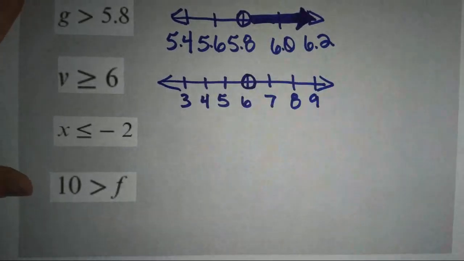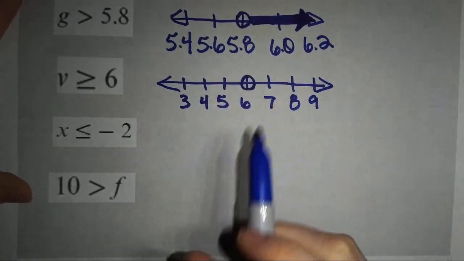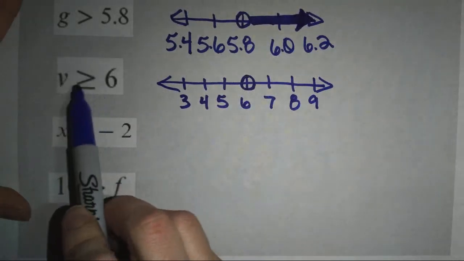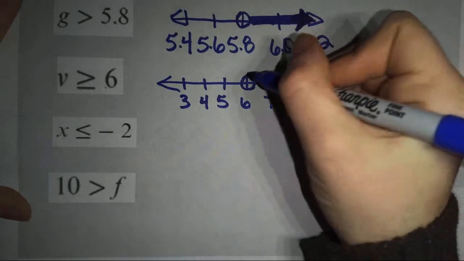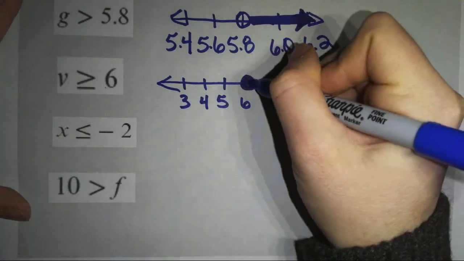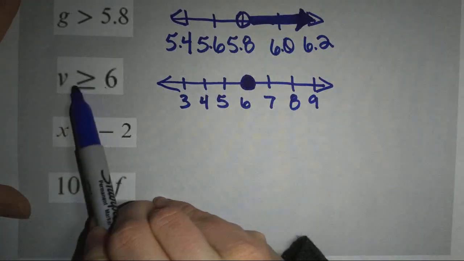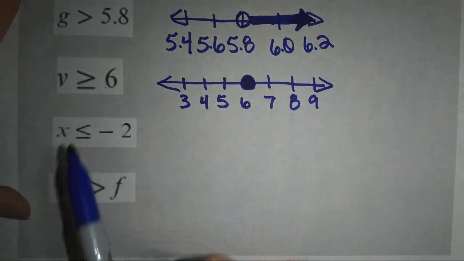And now I need to decide, can I close that circle or do I need to leave it open? So if I plug 6 in for v, I get 6 is greater than or equal to 6. That is true, so I fill in the circle. Now, my variable needs to be bigger than 6. So I need to point my arrow in the